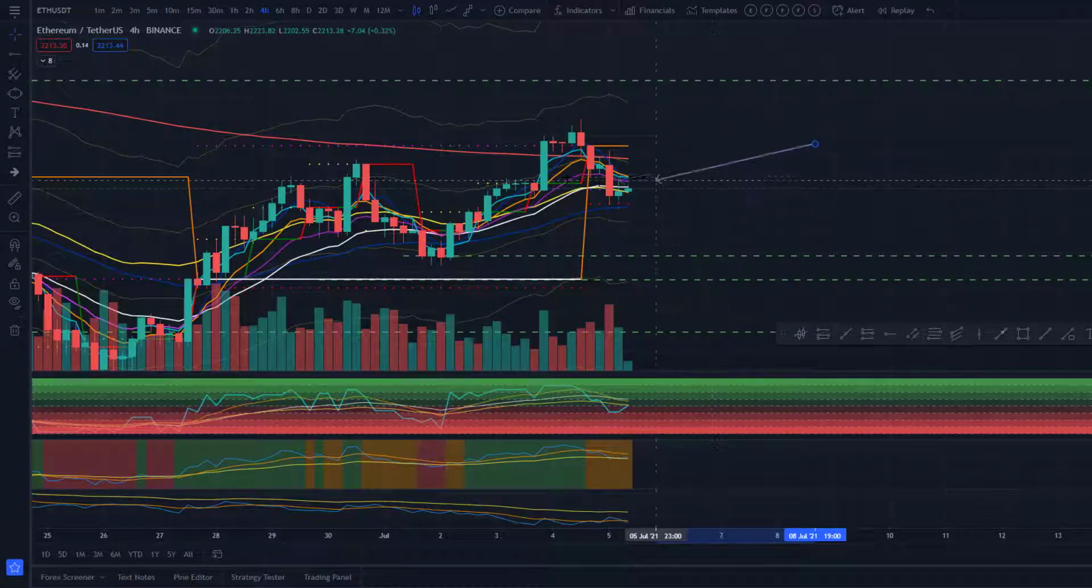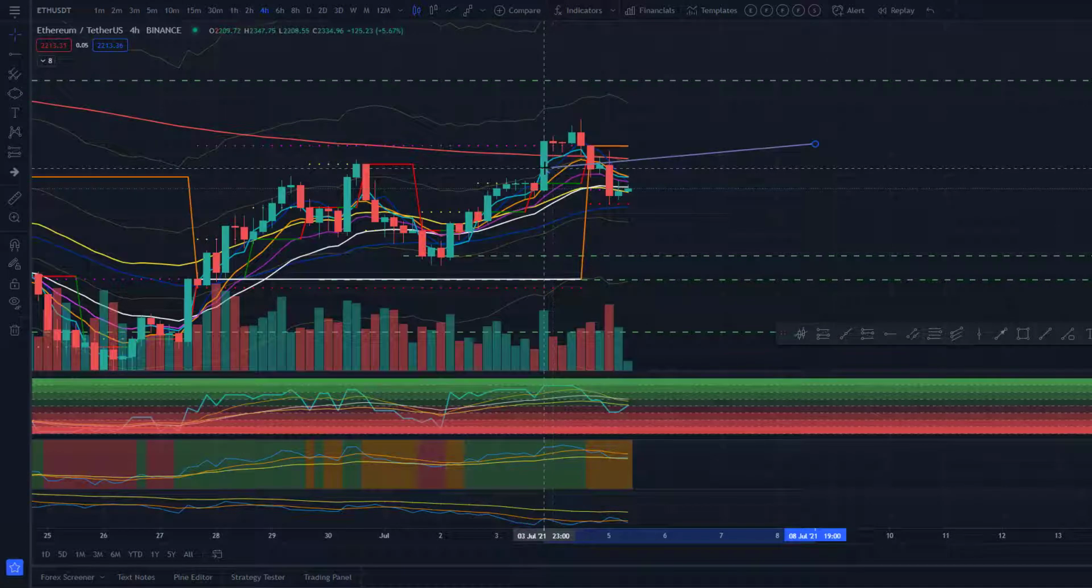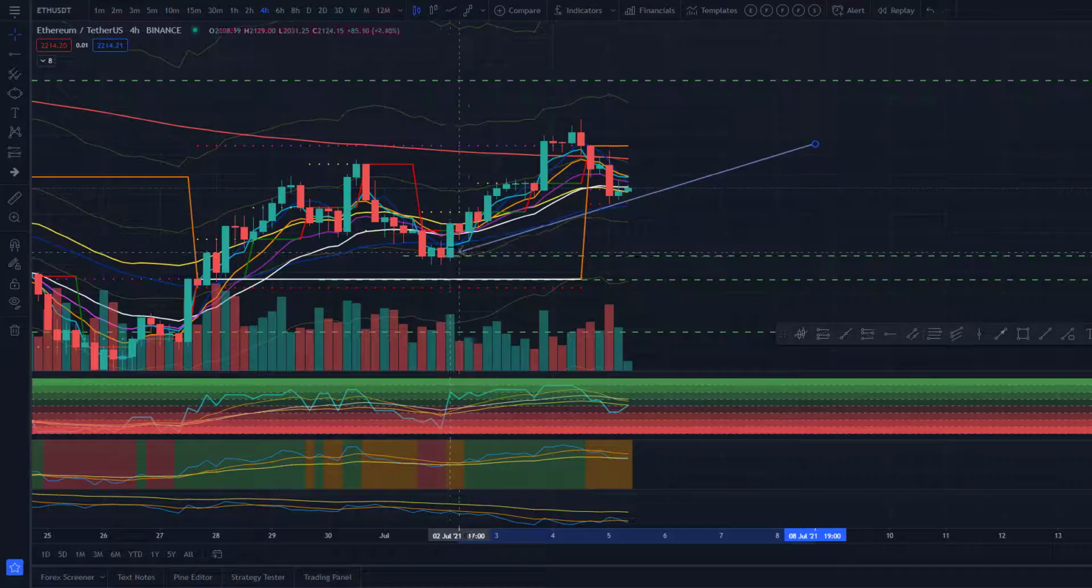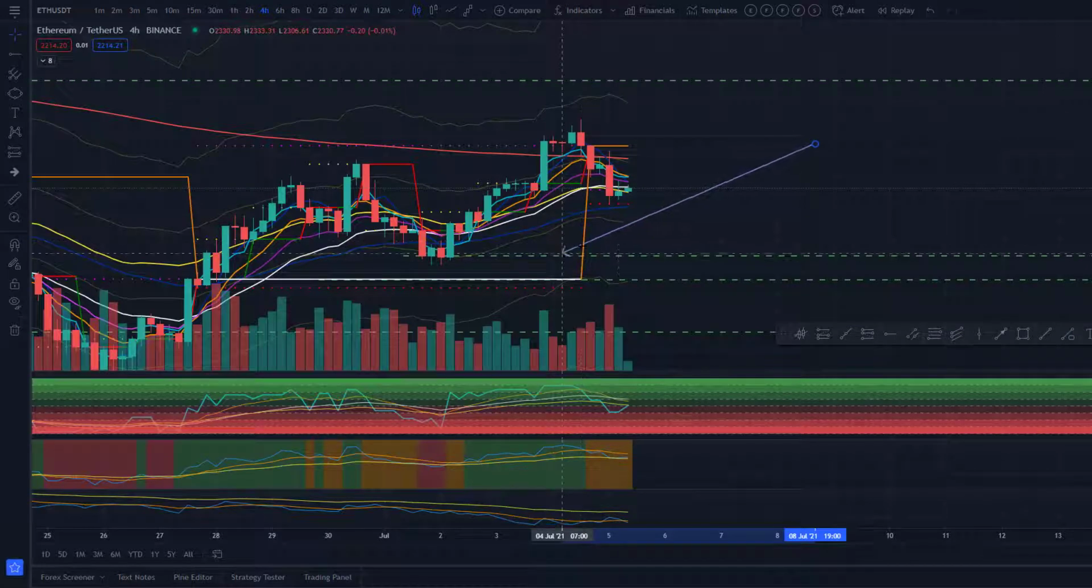You've got a pack that's been invalidated. You've got a minor pack here that's been tested that hasn't been invalidated yet. And you have a pack here that is aligning with the level. So this is probably your best initial trade area here, because the market does like to maybe fake out and